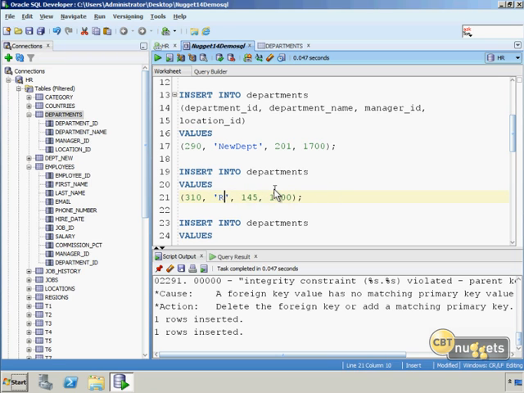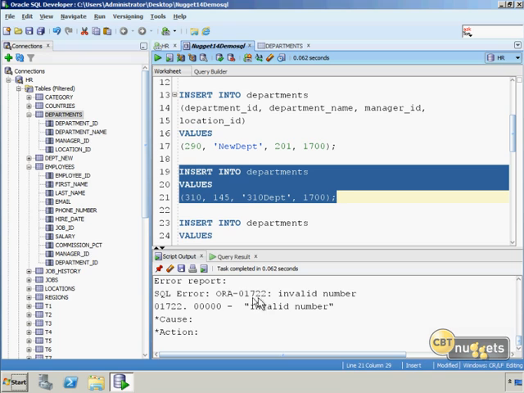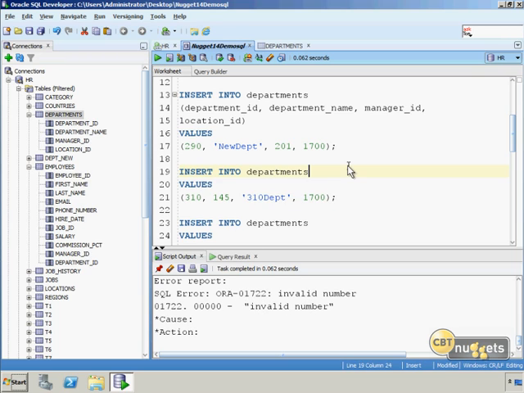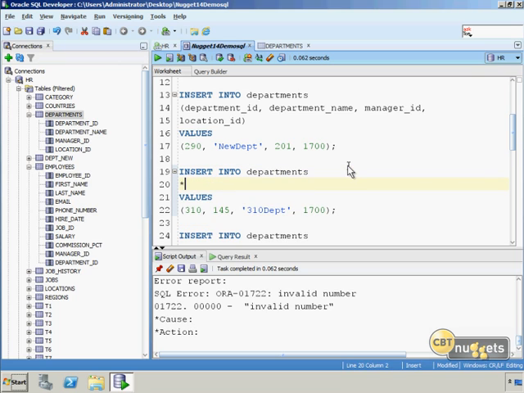I'll change the department name to 310 department. I'm going to shift the order here and put manager ID before the department name, and then finally the location. Let's see what happens here. ORA-01722, invalid number. Now you might be wondering, well, what if we put the column list here in parentheses,